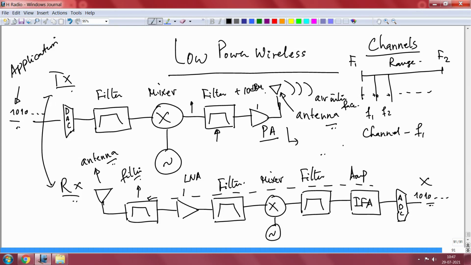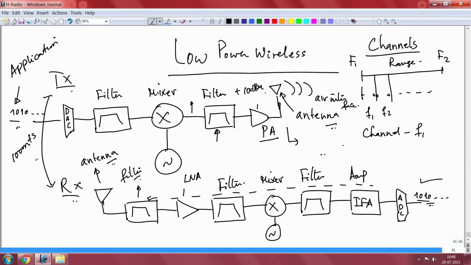Supposing you are not getting anything here, it could be because you had kept it at, let us say, 150 meters. The distance between the transmitter and the receiver was kept at 150 meters. Maybe you will start seeing reception if you bring it down to 100 meters. Why? Because the signal that arrives here may be sufficiently okay to come to this filter stage, pass through a low noise amplifier, filter, down convert, again filter, and then some simple amplification, and then get back your bits. So that may actually work.